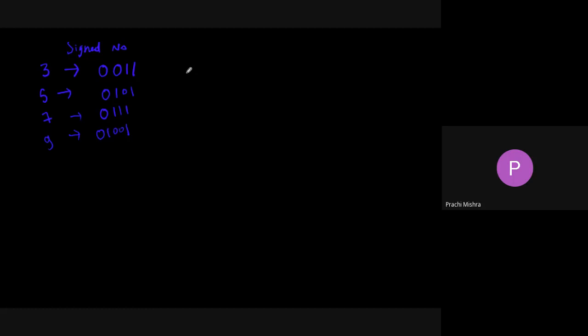Yes, sir. Now I need to find how to represent a negative number. Negative number कैसे represent करेंगे? अगर मुझे -3 लिखना है, तो मैं क्या करूंगा? जो 3 है, इस 3 का पहले मैं 1's complement निकालूंगा. So find the 1's complement of 3. 1's complement of 3 क्या होगा? So 0011 का 1's complement लो.